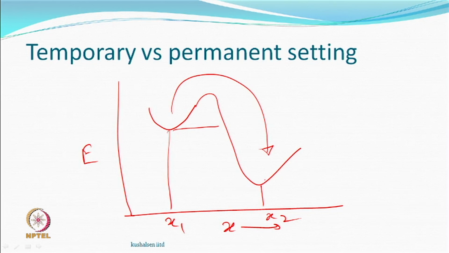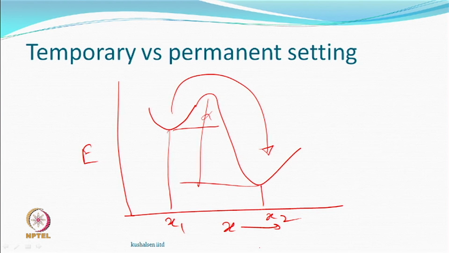Okay. Now, if it has to go back, you have to give a good amount of energy for it to go back. So, that is not in favor. That is not a favorable situation. So, if the change takes place from a higher minimum to a lower minimum, we can say it is a permanent set. If the change takes place from the lower minimum to higher minimum, then you can say it is possibly a